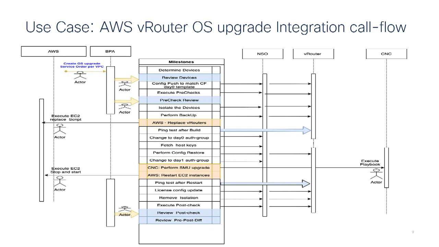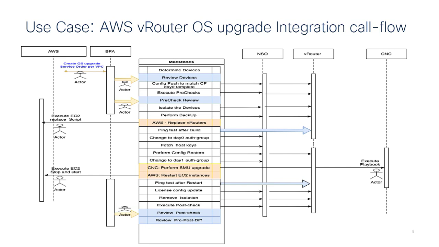This is basically where we shut down the interfaces that are not underlay or any CNF interfaces that are providing services to the other components. So we shut down so that we can isolate these devices for upgrade. We perform a backup of the device config, and then, once we've done all the prerequisite steps,